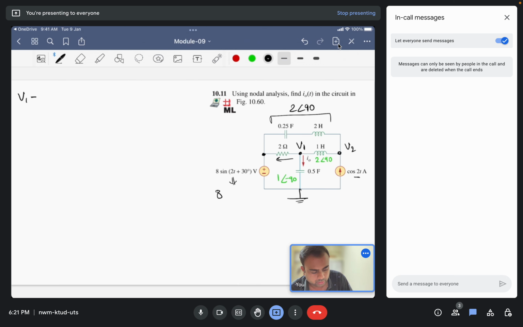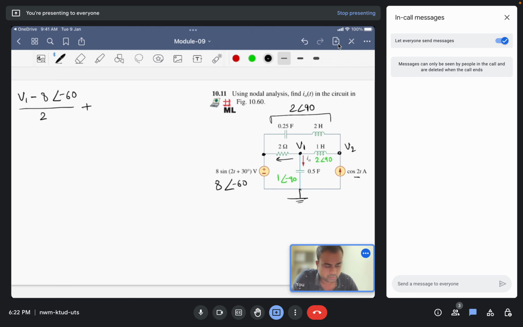So 8 angle 30 minus 90, so 8 angle minus 60 degrees is the phasor. Omega is not required now since we have converted all the impedances. So V1 minus 8 angle minus 60 divided by the resistance, that is 2 ohms,